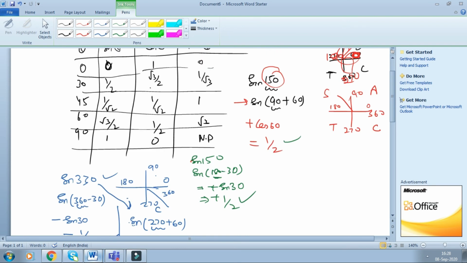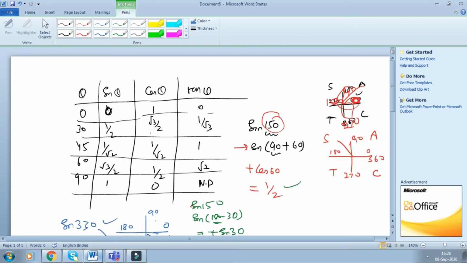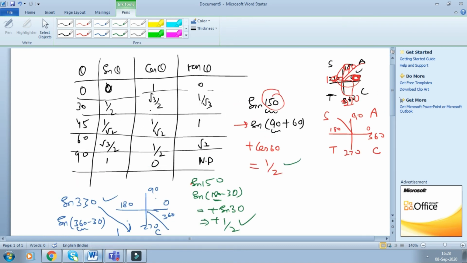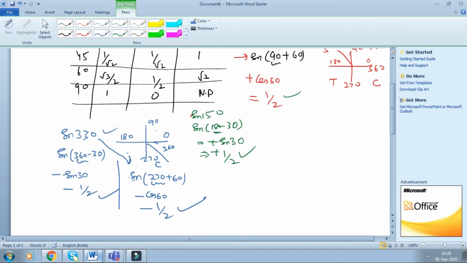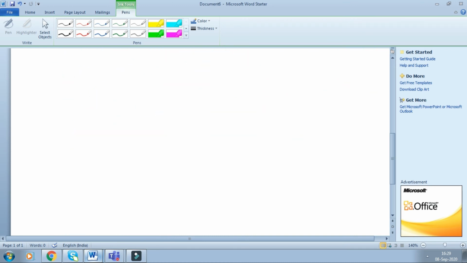So this is the importance of learning the quadrant system: we can find the values of the higher order thetas with the help of the quadrant system. We can do it up to any extent. For that, let me tell you one more thing. There are some formulas for very higher order, like sine 360 n plus minus theta. Similarly for cos, 360 n plus minus theta, and similarly for tan, cot, sec and cosec. These are the formulas that you have to learn.